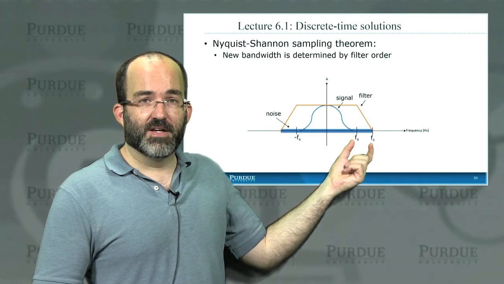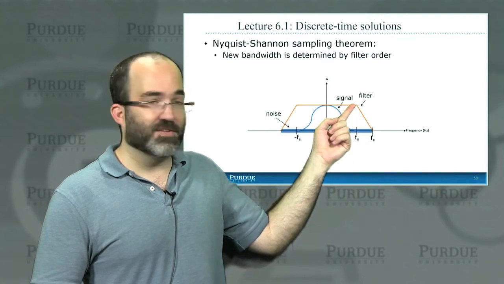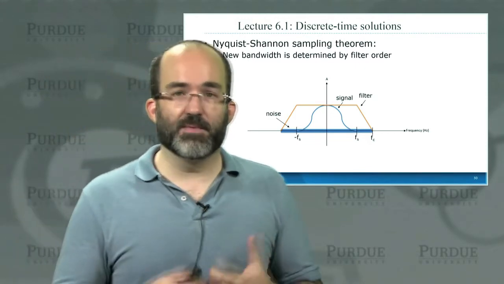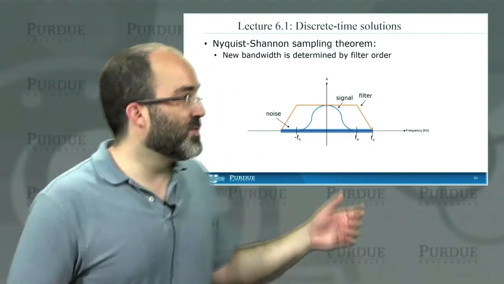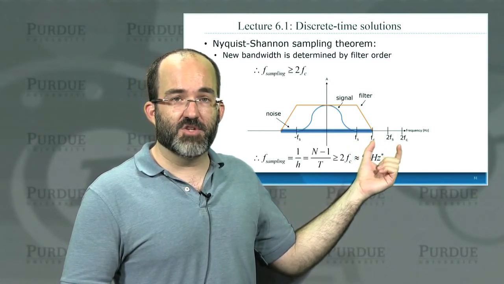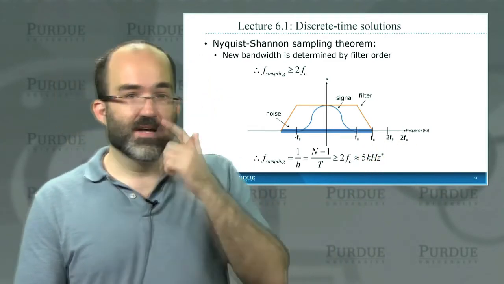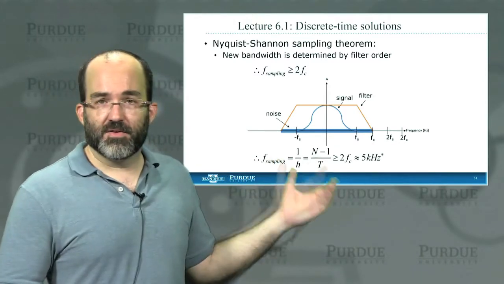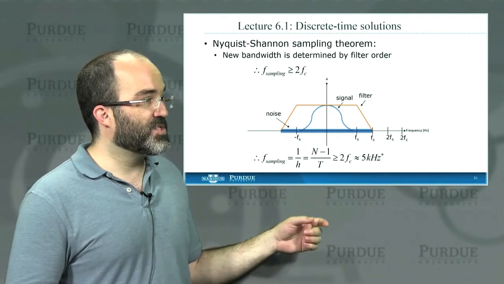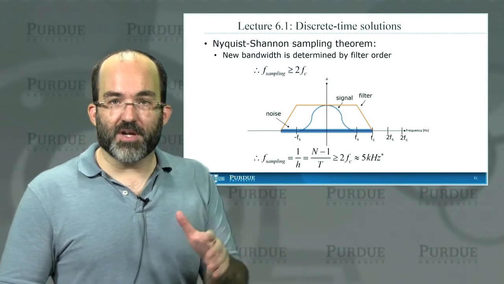And the reason those are there is because in order to make this smaller, we would have to make the filter steeper, what's called a brick wall filter. And a brick wall filter introduces a whole bunch of noise in the time domain. We don't want to do that. So we make the filter less steep, which then means that we have this component here, which has to be accounted for. So our sampling frequency now, instead of being 2 times Fs, is going to be 2 times Fc. So something greater than. And for practical applications in neurons, we can look at the sampling frequency, which is 1 over h, the interval between samples, which is n minus 1 over t, has to be greater than 2Fc, and we want this to be approximately 5 kilohertz.